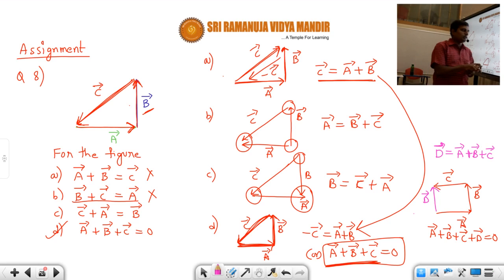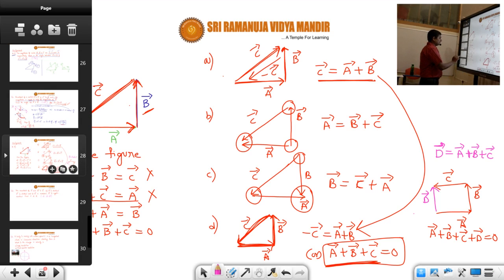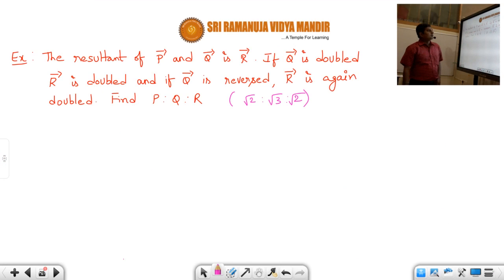Okay. So I hope, students, you understood that by using triangle law and by using parallelogram law, we can almost solve any problem in the topic of addition of vectors, either two collinear vectors or two non-collinear vectors. Okay. So now, students, here one important application is there. This is a little bit lengthy problem, students. But the same model, students.